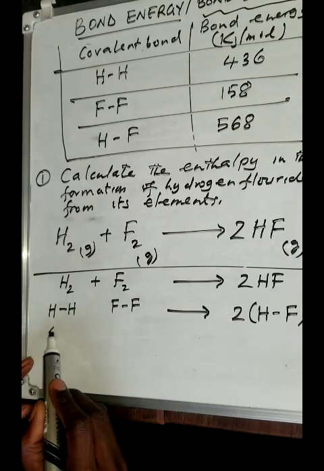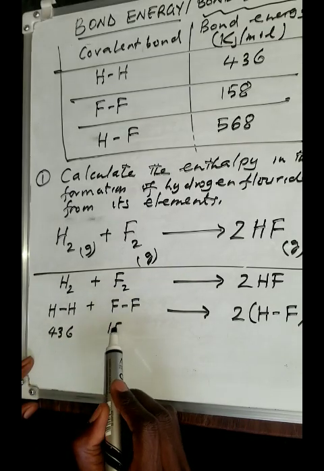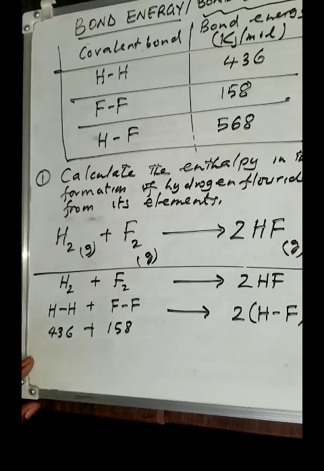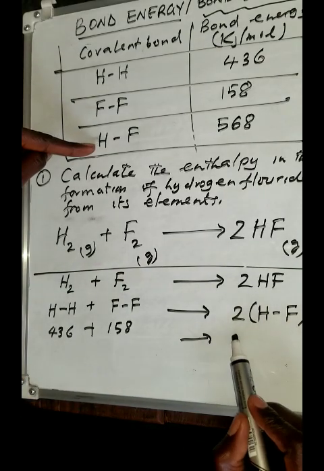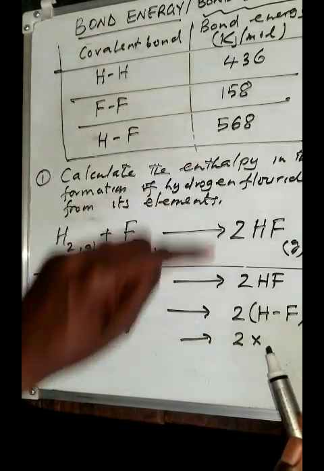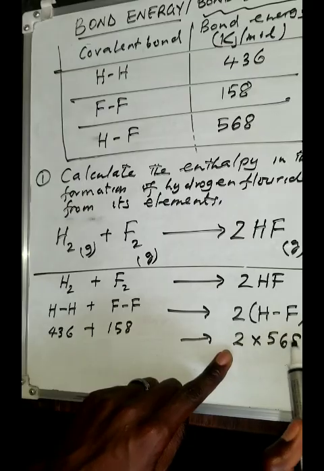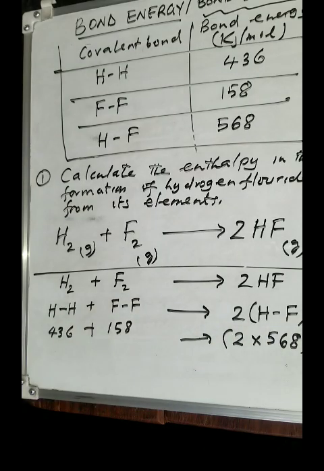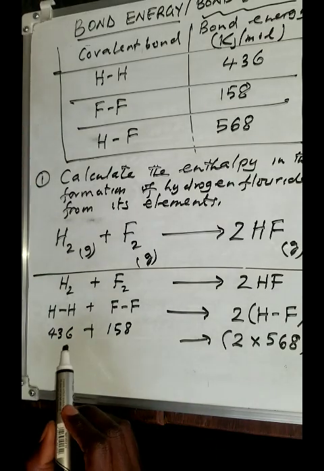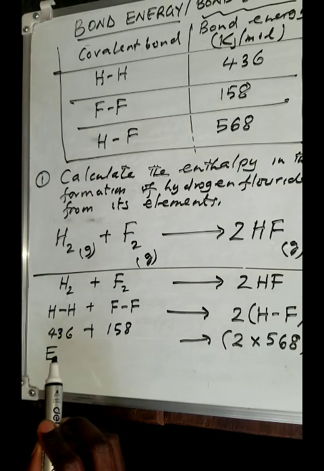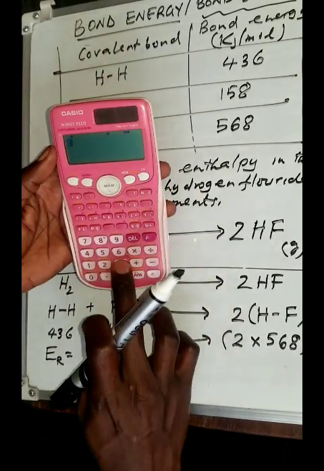So what's the energy between hydrogen and hydrogen? Well, it is simply 436. Fluorine and fluorine, it is simply 158. That's what we know. And for hydrogen and fluorine, from this table I've given you, it is 568, but because there are 2 of these bonds, we multiply by 2 times 568. So we can use a calculator. Now if you add all this, the summation of the energy of the reactants is going to be